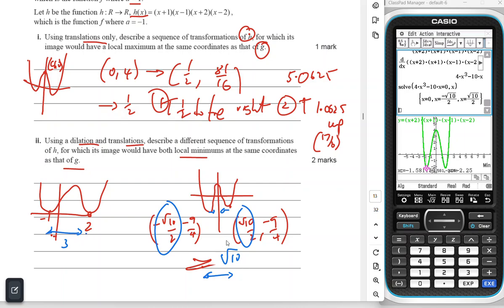And I need to dilate by a factor of, I want to divide by root 10 to make the difference 1, then I want to multiply by 3. So I want to do dilation by a factor of from the y-axis, and because I want to reduce it to this, my dilation has to be 3 on root 10. Then when I'm in that position, so I will then be at